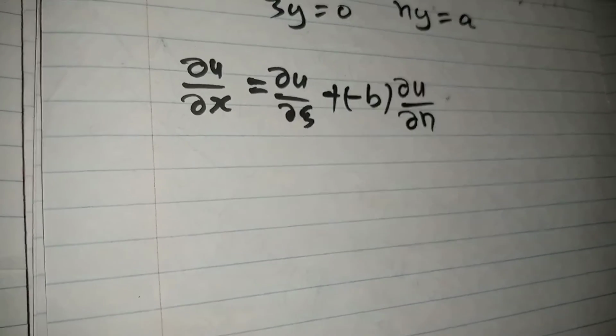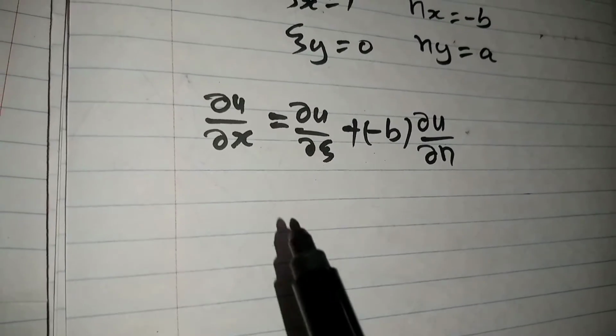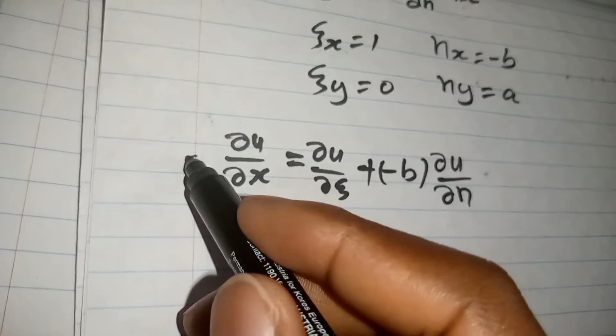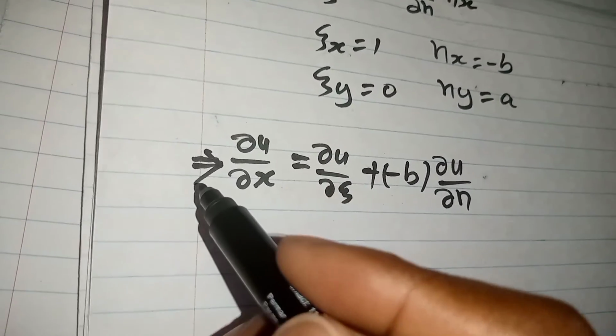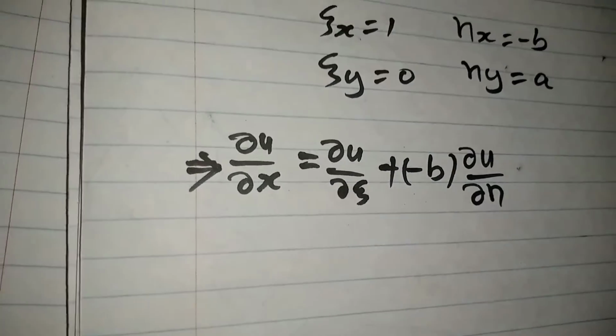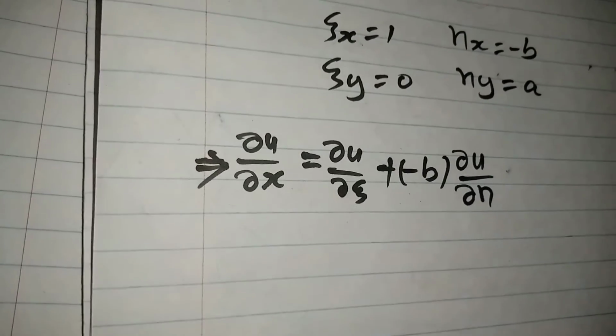So that is the value of the partial of u with respect to x in terms of xi and nu. So we are going to obtain again